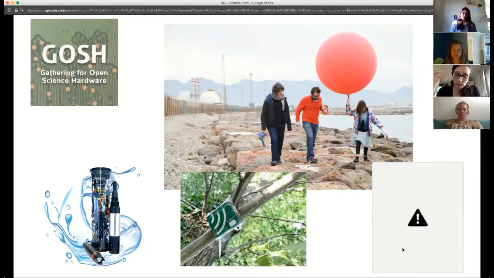So I go back to what I said in the beginning. Open doesn't mean non-commercial. The AudioMoth is open and it's a commercial product. Hugging Ecology, the tube there, has lots of modules for water quality assessment. It's a commercial product, or it's planning to be a commercial product. So in fact, what is happening is that people are developing new business models based on openness.